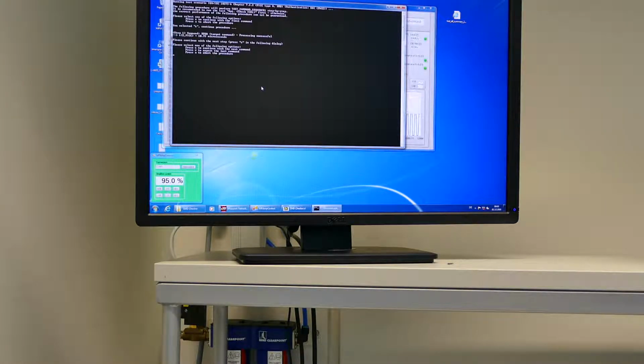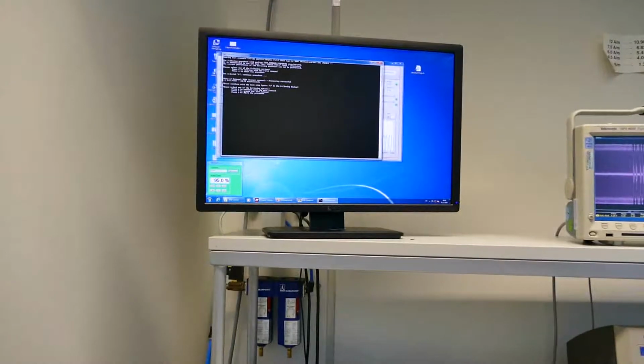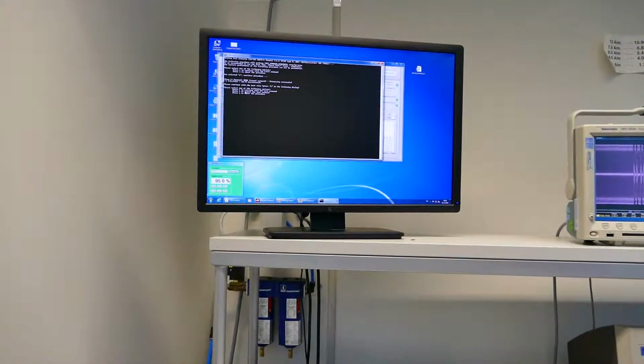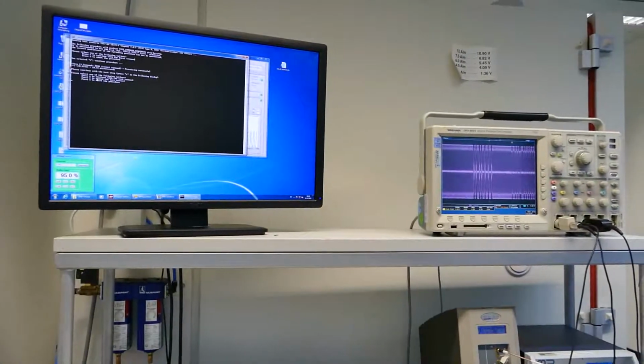So, you see here in this procedure, you have three options. The X option always means you can abort the procedure. C is continue with the next command, and R is repeat the previous command. In this case, the measurement went fine, everything was okay, so you do not have to repeat it, you can continue. But for example, sometimes the oscilloscope is not able to find the correct trigger point, and then you will